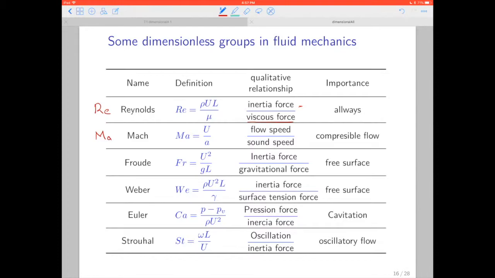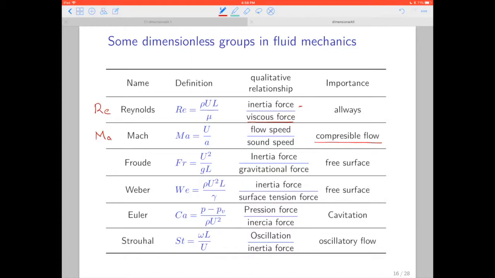Subsonic will be less than 1, and if we are at the limit, that will be transonic, with a Mach number equal to 1. So this is important to consider if the flow is compressible. We could look into the Mach number, and if it is closer to 1, we should probably consider compressible